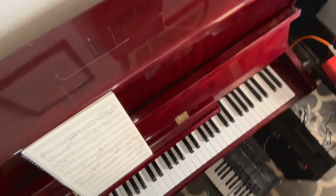I'm replacing it with a beautiful restored Steinway, and I'm just not in the mood right now to stick all kinds of things on the soundboard. I know it would be fine. I know it's designed to do that, but I just don't feel like doing it. And I thought, let's bring some of these things up here. Also behind the camera in front of me is my theremin, which I haven't ever really given the time and discipline that it deserves. And I'm hoping that now that it's up here, I might. We'll see. Anyway, what I did was I inserted the...